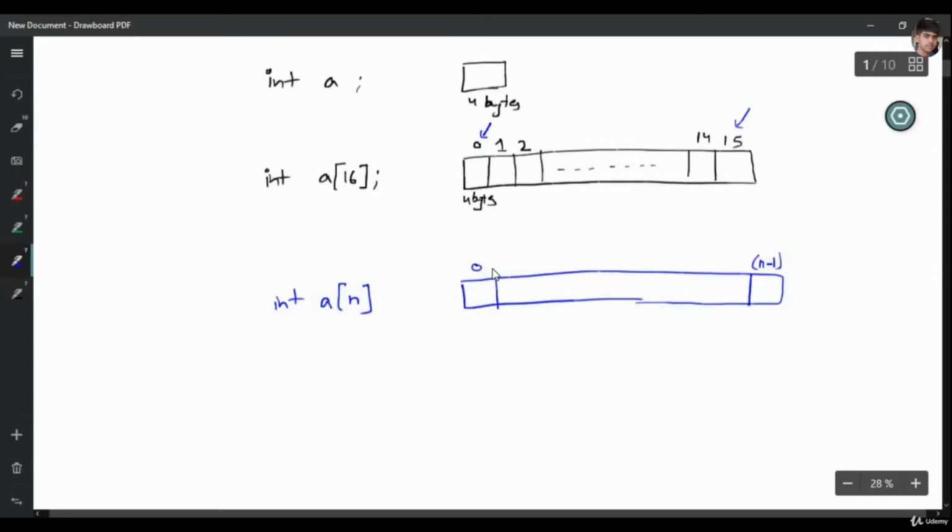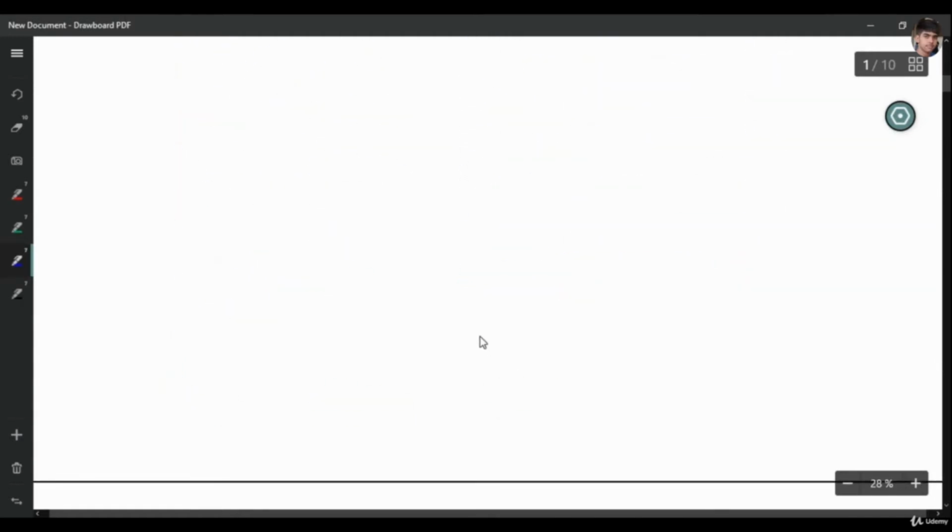Okay. Now once you get an array, for example, you want to store a[1] equals 2. So what will happen? I will go to first position and I will write 2 here. You want to write a[5] equals 7. So what will happen? You will go to fifth position and you will write 7 here. So this array can solve our problem.